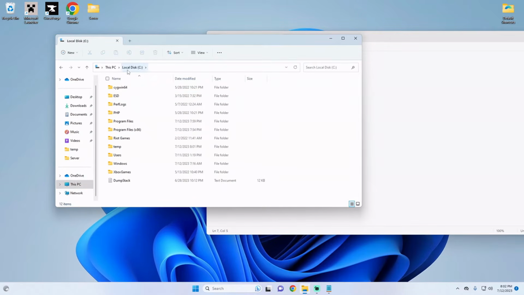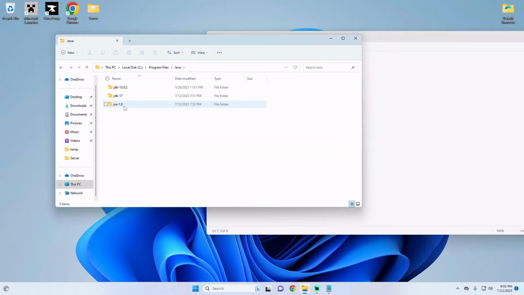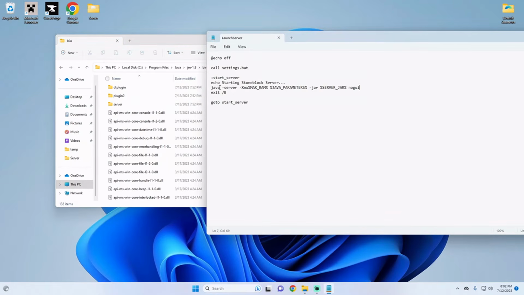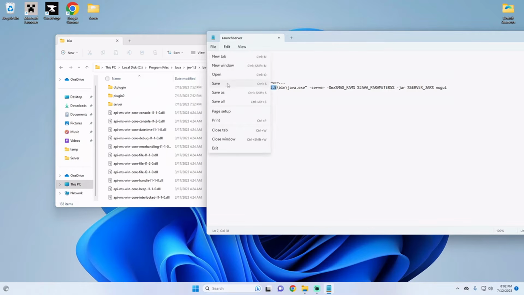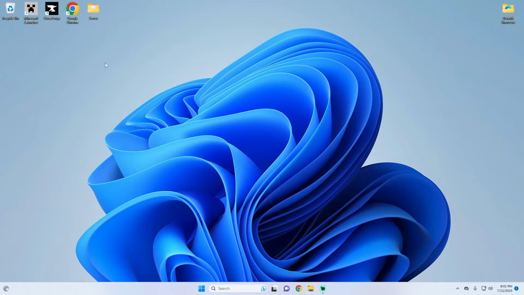To do this, you're just going to go to C, or your local disk, go to Program Files, and then find Java. And then you're going to find the 1.8 version, which is right here for me, and go to bin, and copy this folder path. We're going to replace Java by putting in the quotes, pasting, and then putting /java.exe. This will ensure that it's pointed straight to Java 1.8 and not Java 17. Now we're going to save, and we can close this and close this,